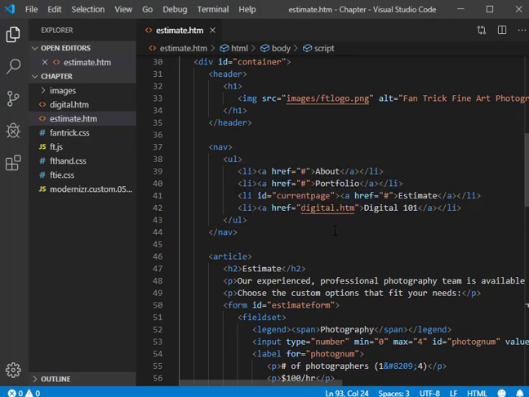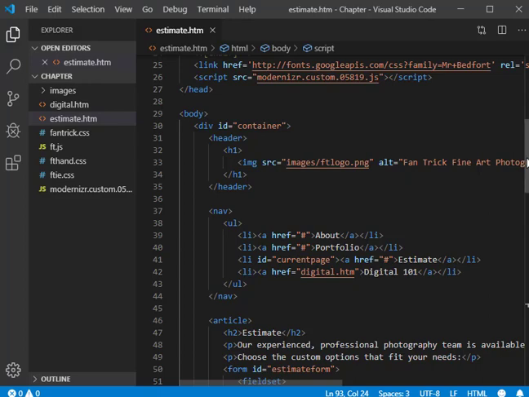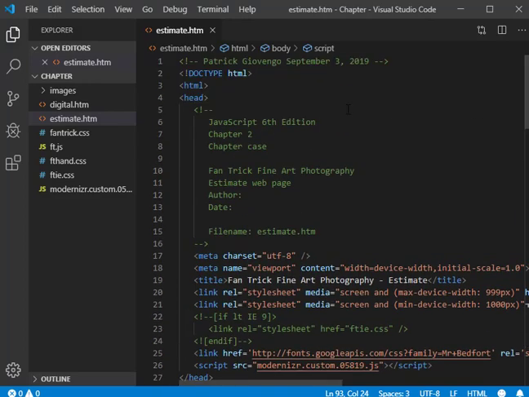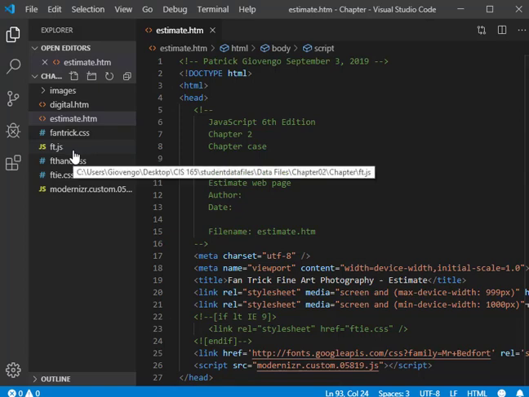So we got some code here. First thing it wants you to do is open up and take a look at the estimate.html file, and it wants you to put your name in the very top. So that would be right up here, which is where I put mine. You could put yours wherever you choose. Totally up to you. Then the next thing it asks you to do is to go through and tinker around with the